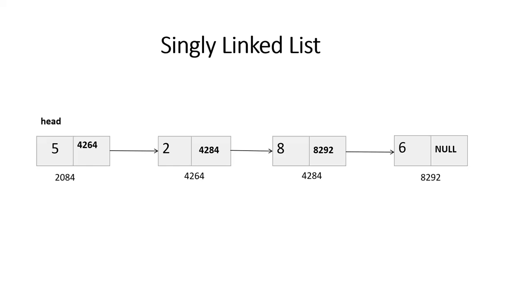In this video, we will see how to implement singly linked list and doubly linked list. We have seen linked list consists of nodes linked to each other. So first thing we need to implement is node. For that, we need to have a class node and each node will be object of this class.